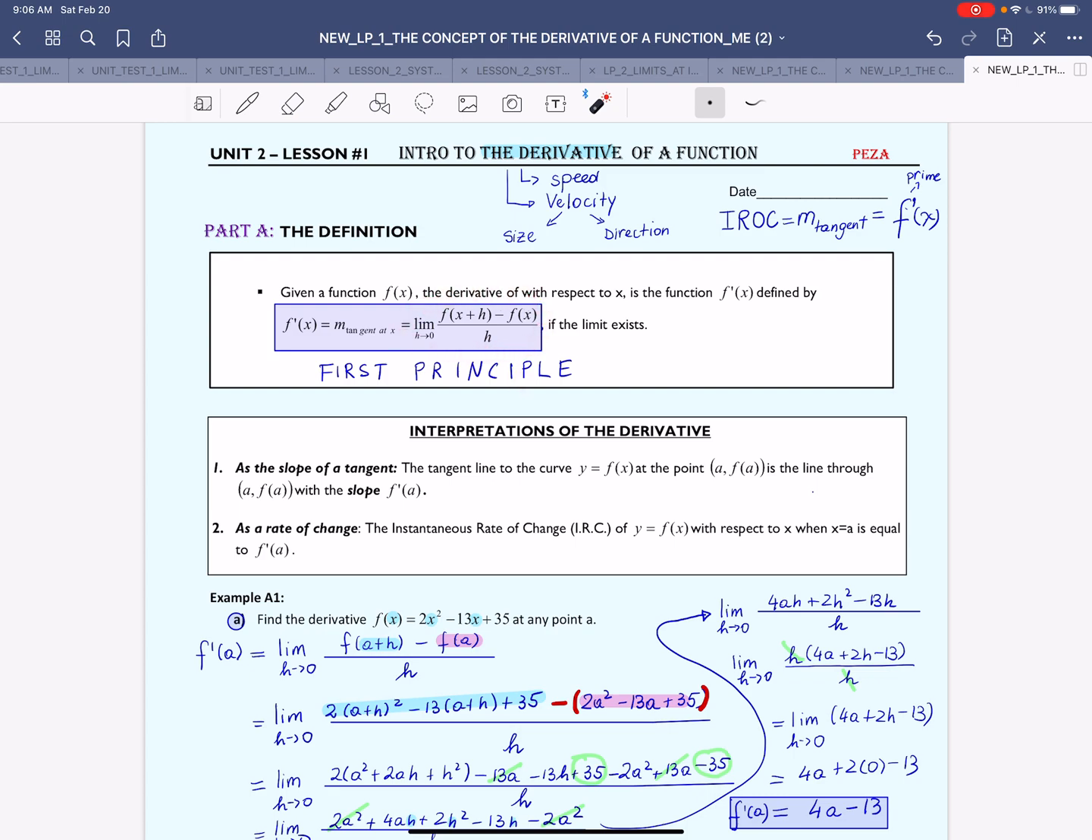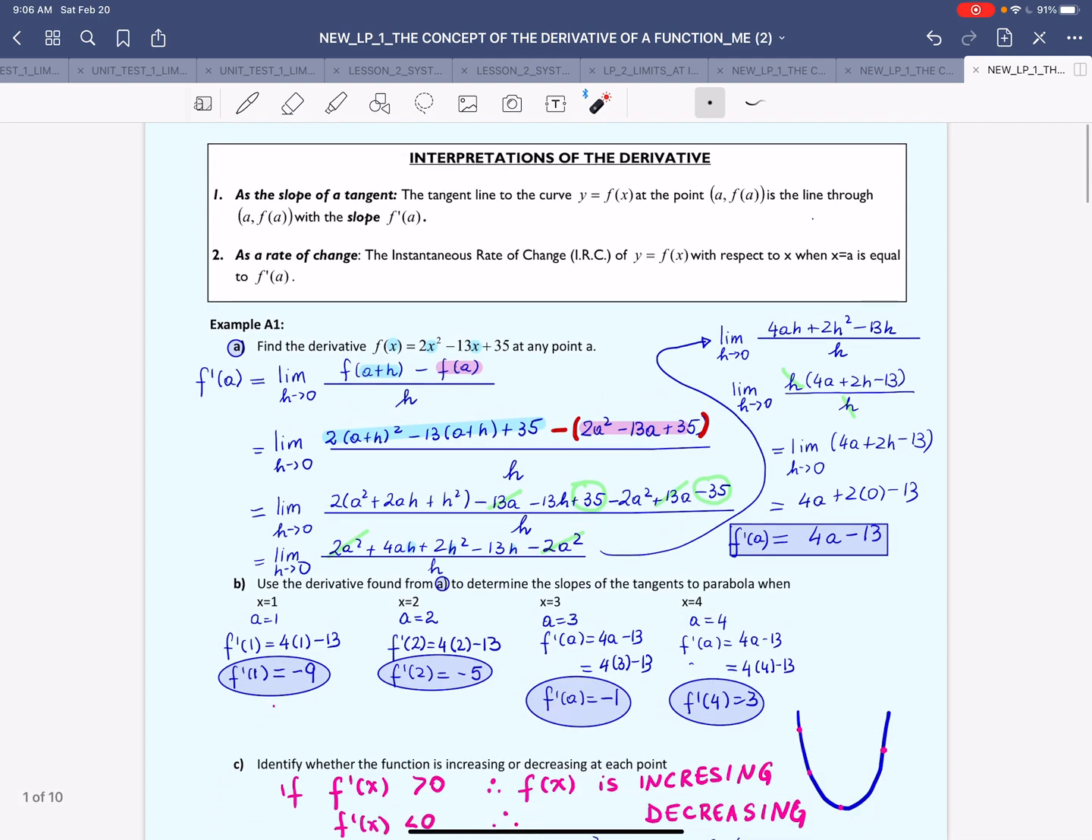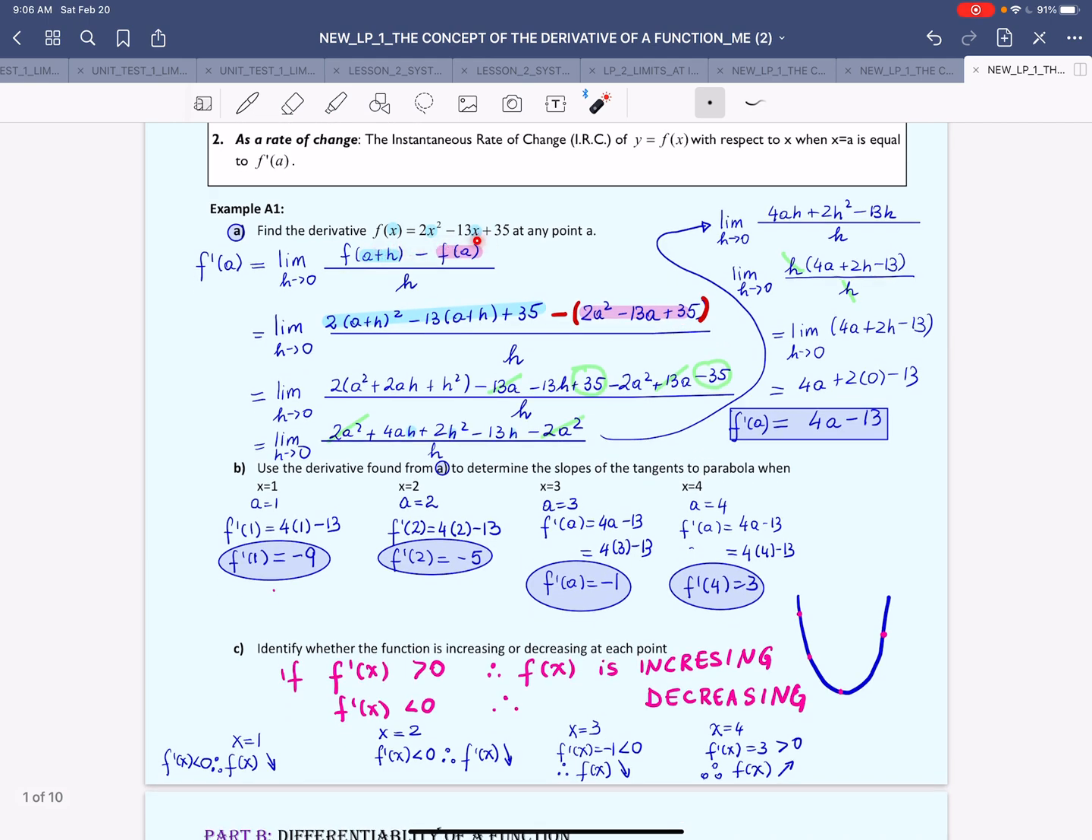But today I learned that this limit is used for discovering any rate of change, the instantaneous rate of change, in any function. It's called the first principles formula. And we analyzed in here a quadratic function, and we emphasized the fact that